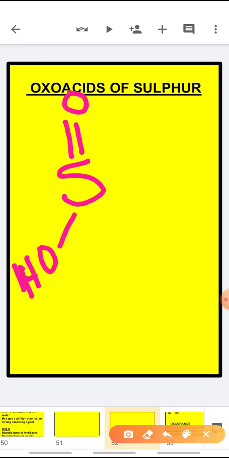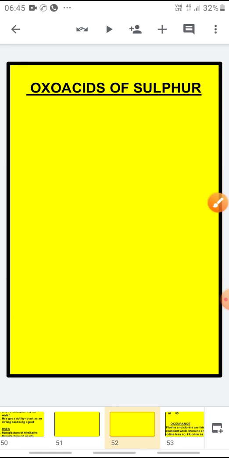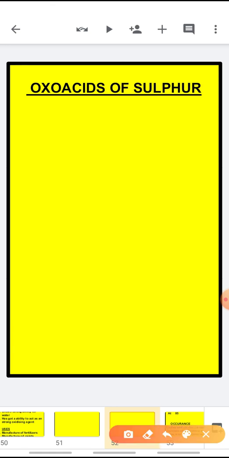Now children, apart from these two bonds, other bonds can be a single bond between sulfur and hydrogen, a single bond between two sulfur atoms, and other OH bonds. Now children, there are many oxo acids, but this year in your syllabus you have to study only the structures of oxo acids. Now I am starting from